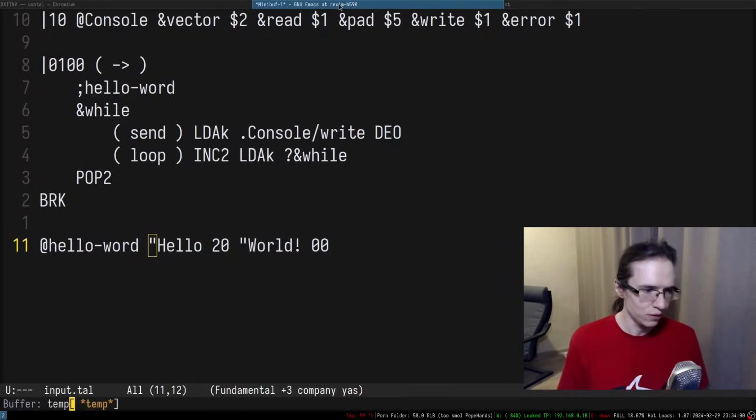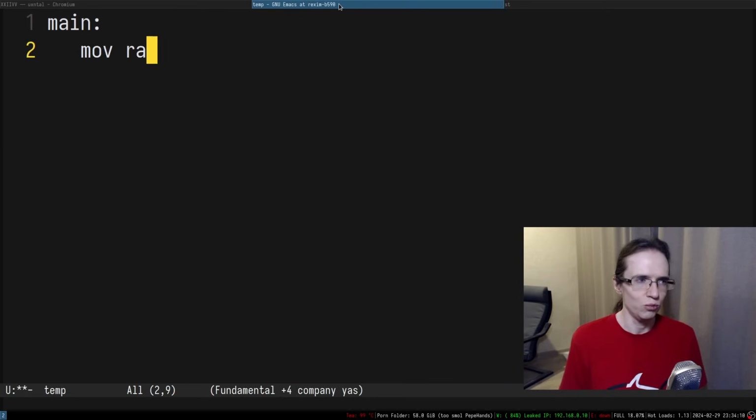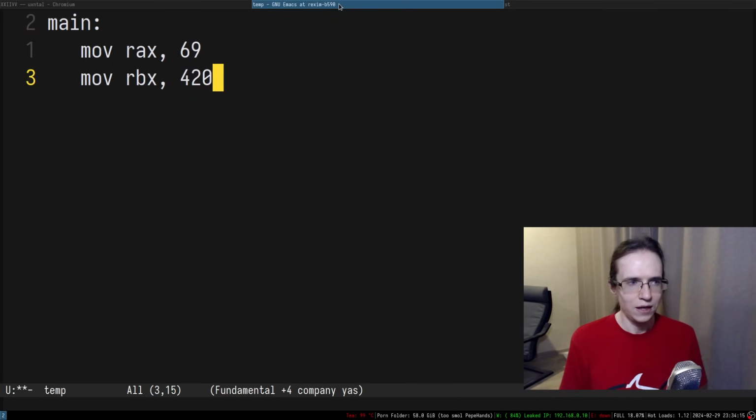Quite often in x86-64 assembly, you can define a label, which is, for example, main. And you can do different things in here. So move rax 69, move rbx 420. And then you probably want to do something in a loop. And you can define .loop in here. You can do some things in here and then you can jump into .loop.